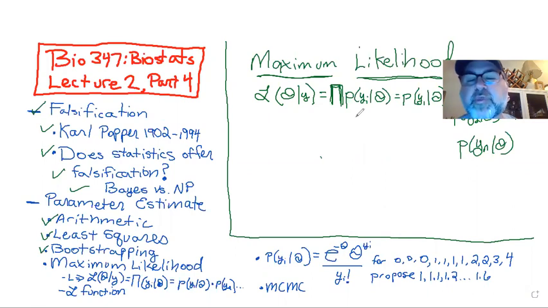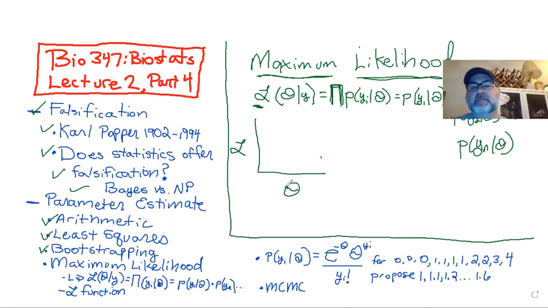So think about doing these calculations. You have one theta, and just like least squares, you can propose different thetas and calculate the sums of squares to figure out where it's the smallest. Here you're going to figure out which is the most likely, given a bunch of candidates. Then what you get out is, let's say this is likelihood, and then you have some values of theta.